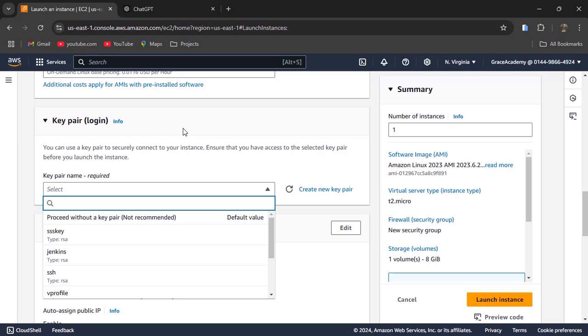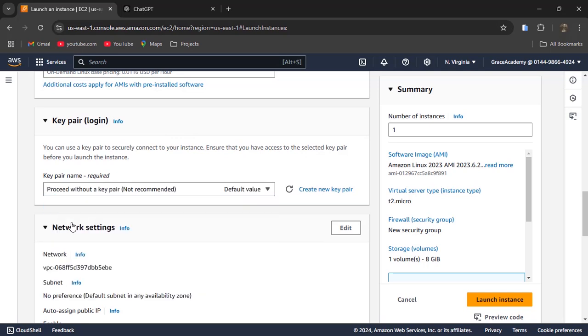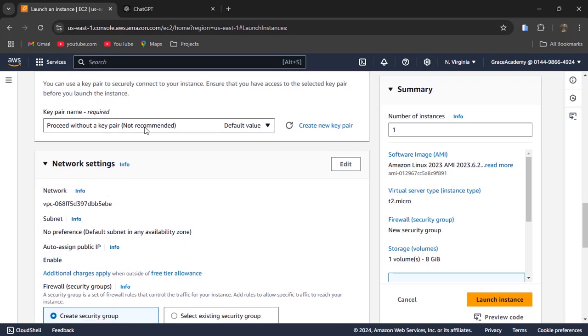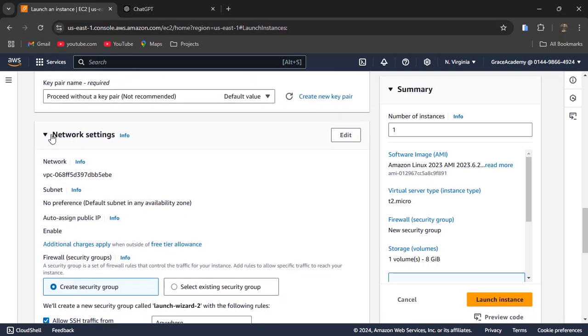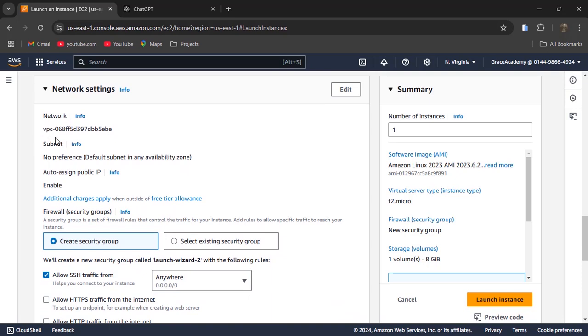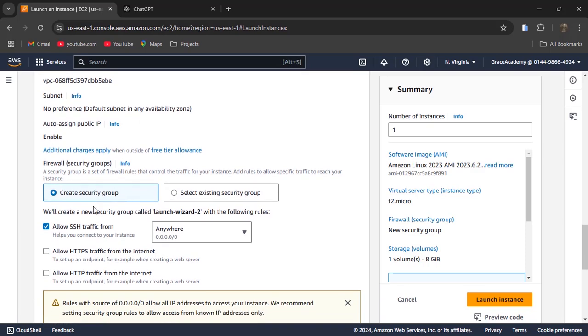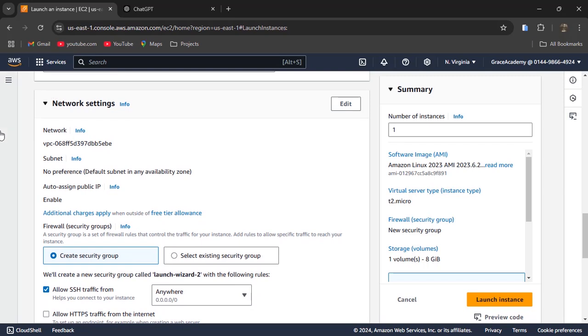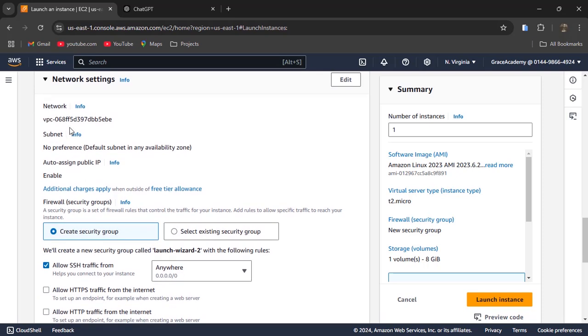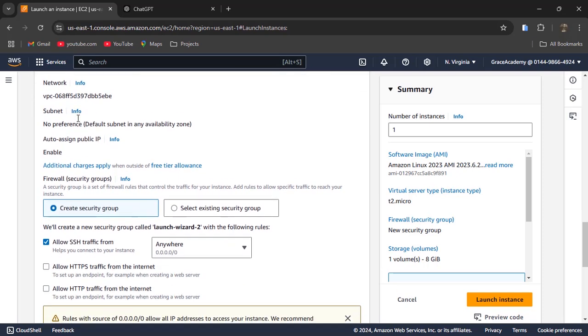But in this use case, in this hands-on part, we will not access this EC2 instance using SSH or secure shell protocol. So we will proceed without a key pair. We will see this on the upcoming episodes. For the networking settings, you can choose VPC or virtual private cloud. You can also choose subnets, and you can also set up a security group or a firewall. But basically, since we didn't talk about the networking aspect of AWS, we will leave everything as it is. So basically, we will leave it on the